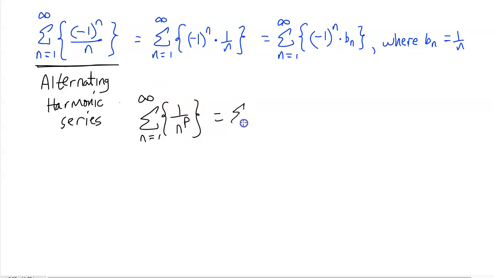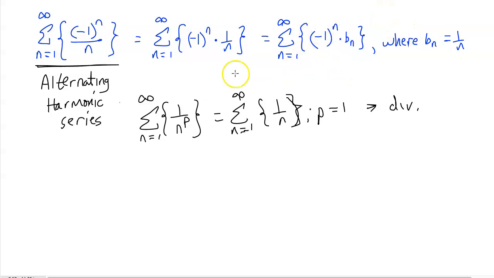And so this would be equal to this whenever p is equal to 1. Okay. Now, in general, we know that the harmonic series diverges,